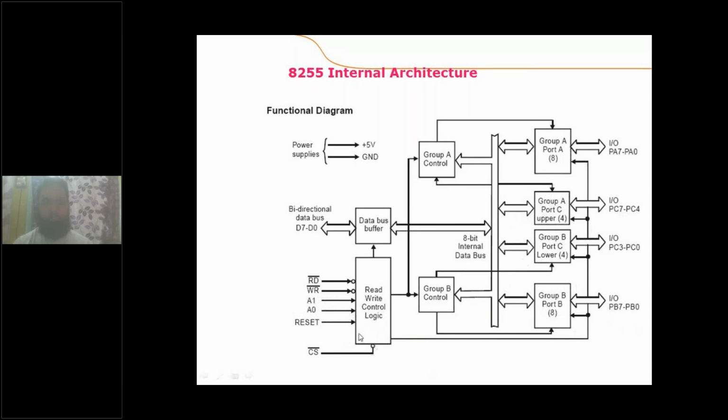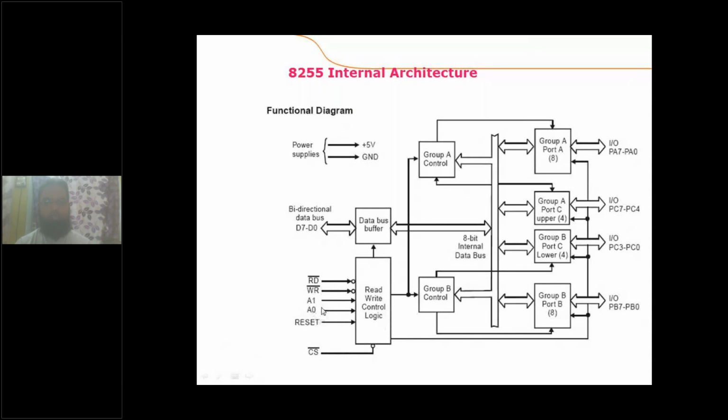Now this is the reset signal, same as the reset of the 8086 processor. Whenever the reset input is applied, the entire 8255 will get reset, and all the ports act as input ports. And this is CS bar, and this CS bar is nothing but the chip select signal. So what is the chip select signal? It is the same as the chip select of a memory device. So what I said is these are the two address lines which are connected to the two address lines of the processor, A0 and A1. The remaining address lines of the processor, right from A2 to A19, are connected to the decoder, and the output of the decoder is connected as the chip select input.